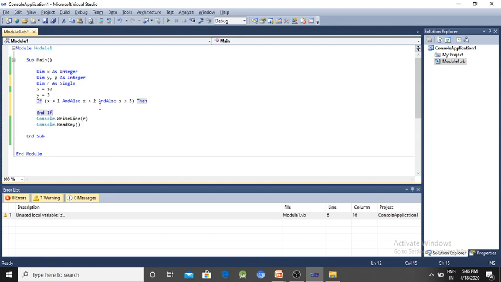AndAlso and OrElse are special operators in VB.NET.